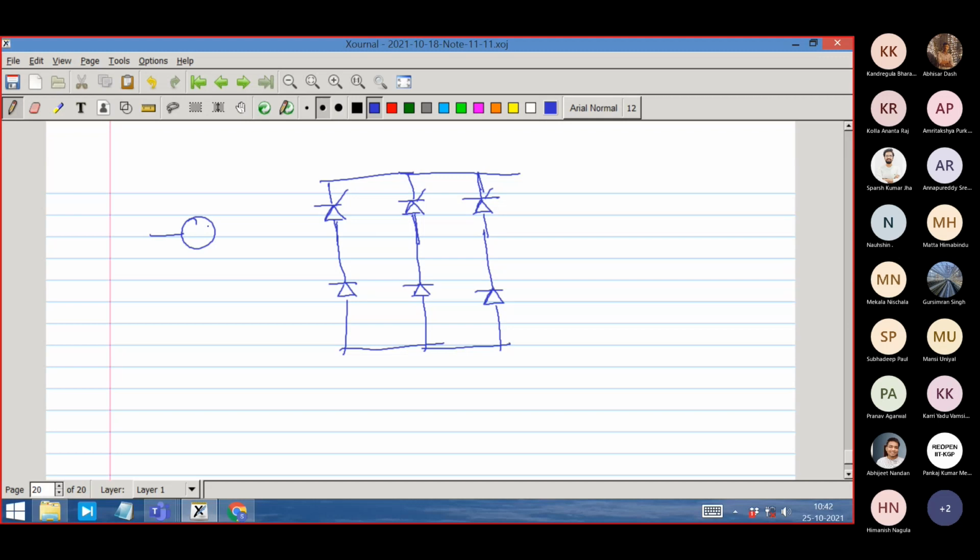By the way, what is the difference between thyristor and diode? Diode is a thyristor with firing angle 0. For any conversion application, this general idea will hold good. Nothing new has to be taught with diode rectifier. Whatever has been taught in thyristor rectifier, you hold it, but take a special case. Diode is a special case of thyristor with firing angle 0 degree. That's all. No extra knowledge is required. So here also while drawing it, I will consider it as if it's a thyristor with firing angle 0 degree. Alpha is equal to 0 degree.